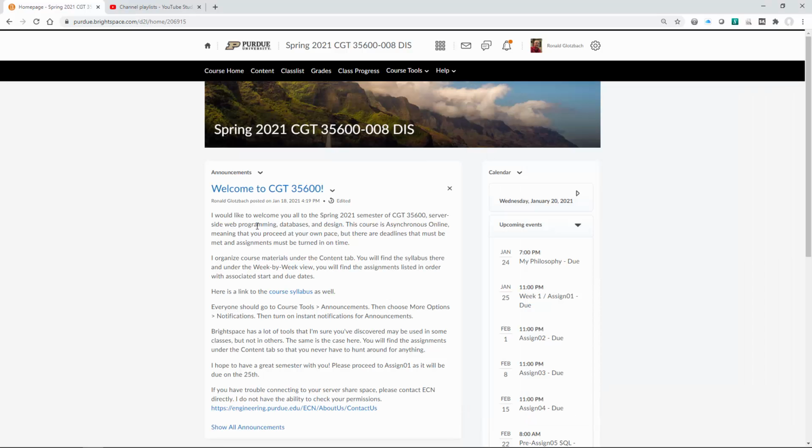So we will look at Brightspace here. The course will run through Brightspace. Everything you need for the course can be found here except for in week 1, assignment 1, you'll see that we map a web server drive. You will have to have that set up. You will have to use that regularly. And if you have problems, you need to contact ECN sooner rather than later so it does not become a